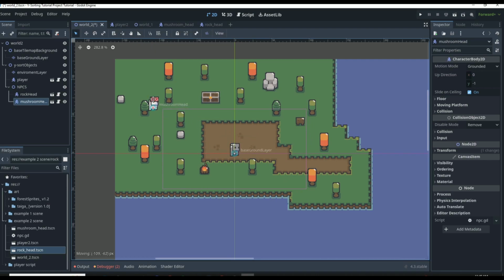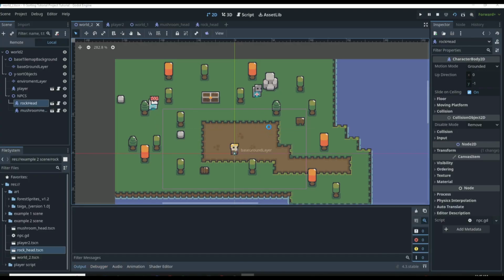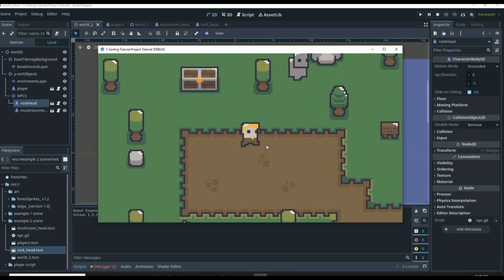We can move them around. For example, mushroom head will be over here. So you can kind of see how ysorting is already working. Then we can put the rock guy by the rock, right? Then we click play, and you're going to see that these guys